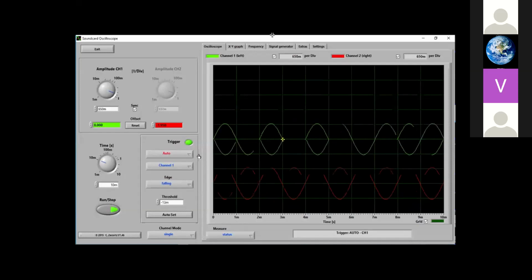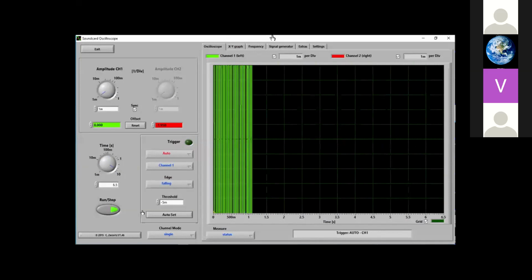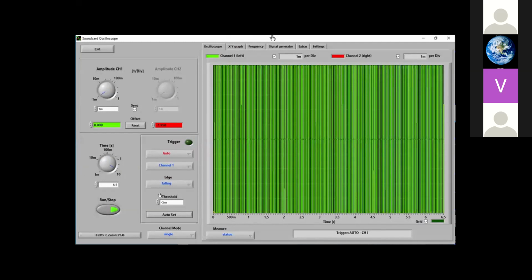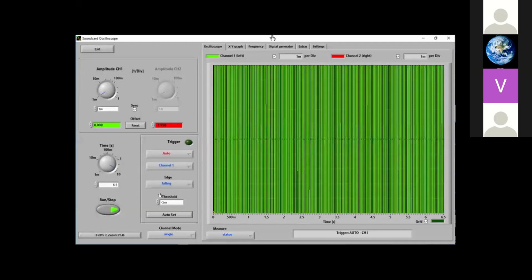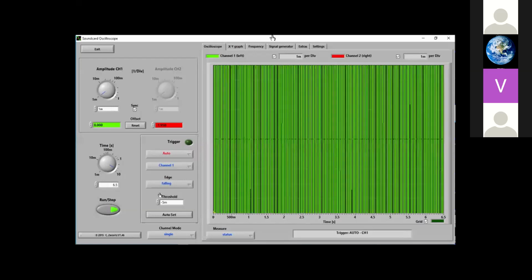One more thing can happen: when you start this scope, the waveform might be very messy. Suppose you have just turned on your scope. Here we are generating the signal ourselves, so we know the frequency and the amplitude. But if you are doing a project and you have connected the scope channel to the output of an Arduino digital pin, then you don't know the magnitude and frequency of that signal.